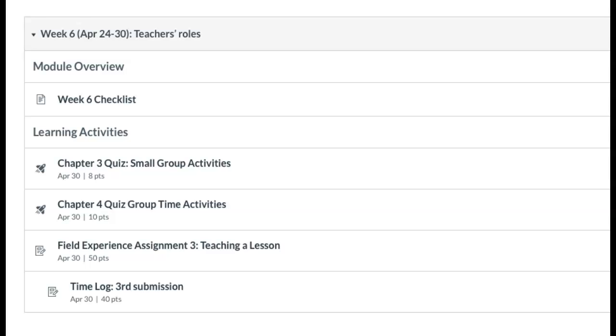We are moving on to teachers' roles and what you believe teachers' roles should be in the classroom, how involved they are, how supportive they are, and how to do this effectively and developmentally appropriately so that kids are building off their curiosities and where they are developmentally. So, we're going to be looking at teachers in small group activities and teachers in large group or group time